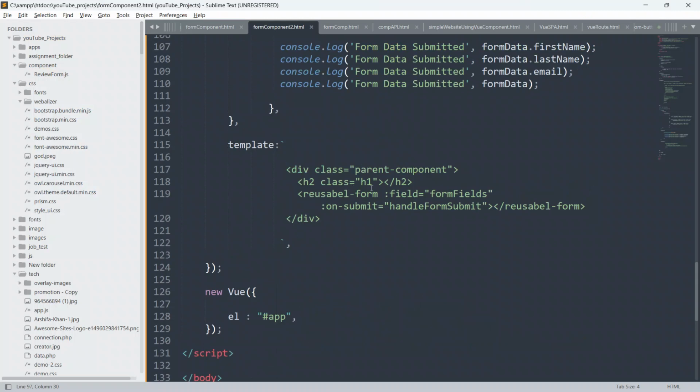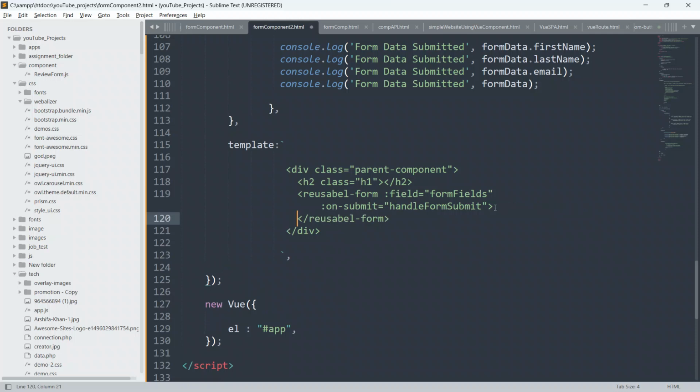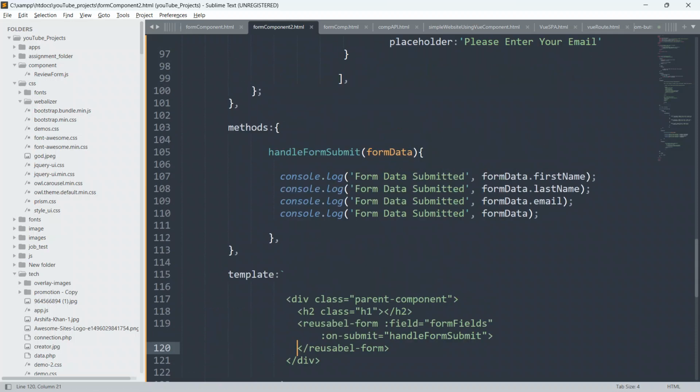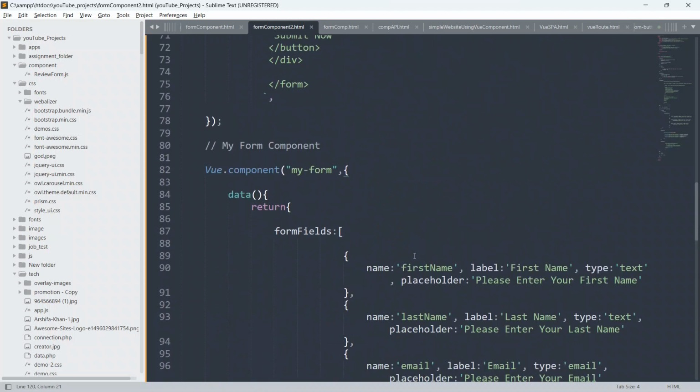So reusable form. Guys, just give me like 2 minutes. Let me rectify what the error is here.